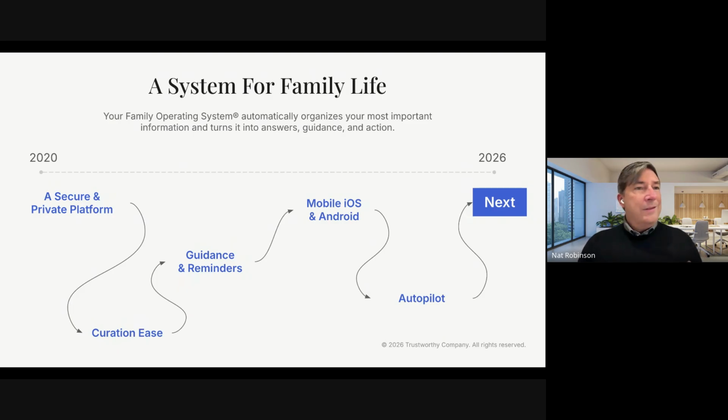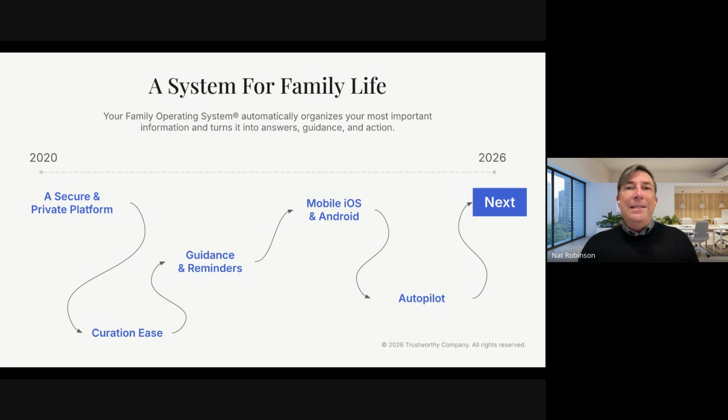The next thing we knew is we have to make this easy for folks. How do we make it easy for them to look at all the silos of information that they have and get a centralized view of that stuff, whatever it is, if it's estate plans, insurances, financial accounts, on and on, so that they had that sort of master console, if you like, and could look across, rather than looking at all the fragmented pieces all over the place. They could have a view of it and keep track of things and share that with their loved ones and trusted advisors. So we built a lot of curation, ease, it says here on the slide, but what that means